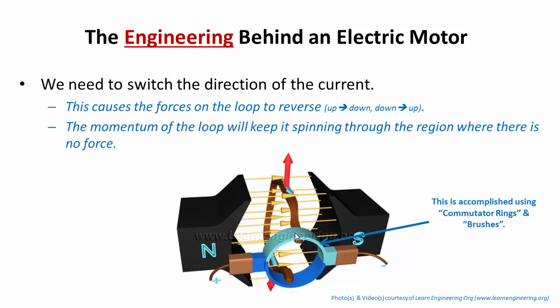So you can imagine that the commutator ring is going to spin. And notice that this is connected over here to the right side, and then this portion of the wire, this side of the coil of wires, is connected to this portion of the ring, and it's connected over here to this terminal of the battery. Now notice that there's a slit in here. So you actually have a slit, and what we're going to do is as this rotates around, it will change whether this light green or aqua side gets the positive side of the battery,